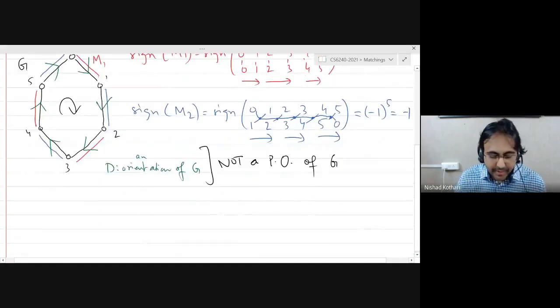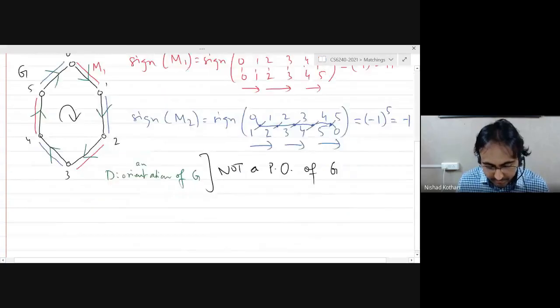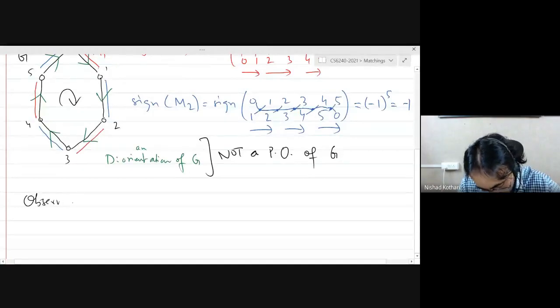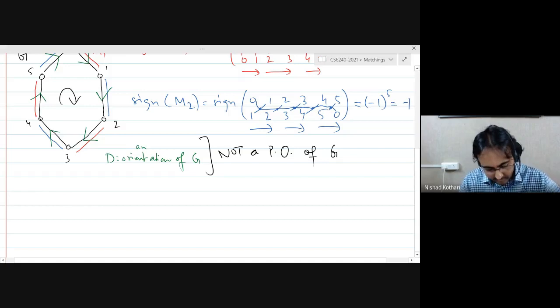Exactly. So if the number of clockwise edges and the number of anti-clockwise edges are both even numbers, well, if one is even, then the other is even, then you will have not a Pfaffian orientation. And if both of these are odd numbers, right, then you will have a Pfaffian orientation. Okay. For even cycles, this is true. We basically proved it for one example, and you can think about proving it for general, but it's basically the same idea, right? So, observation. Maybe I'll start with the definition. Yeah, let me put a definition first and then use it for the observation.